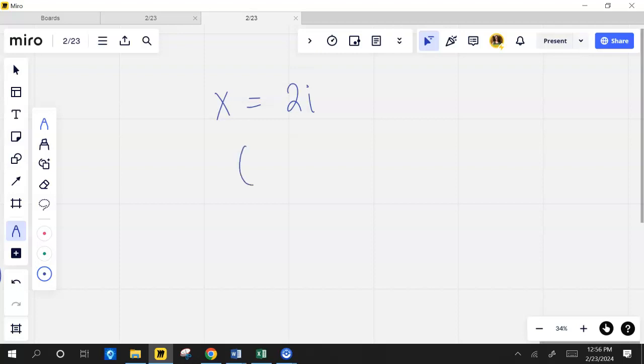The factor is not just x minus 2i if this is a 0. It's actually x minus 2i or x plus 2i. It's what we call the conjugate root theorem. Do you want me to explain why? Because whenever you get one of those, it's always a positive or